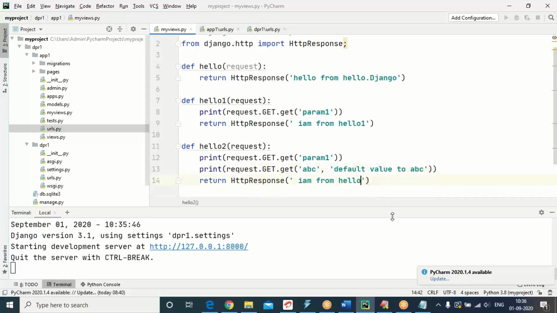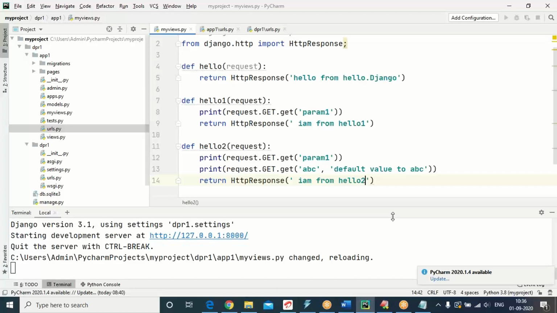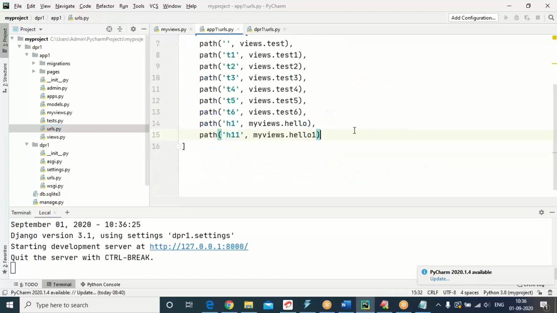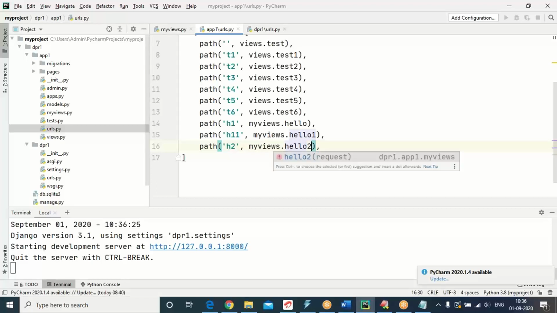I'm choosing hello2. The view function is developed. Let us provide a URL. Let me choose H2 with hello2. That's all.